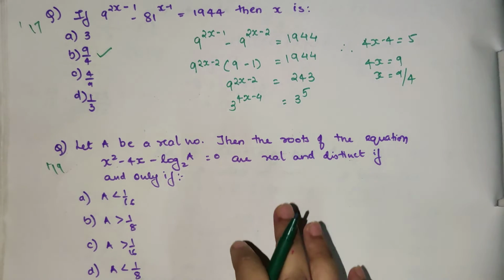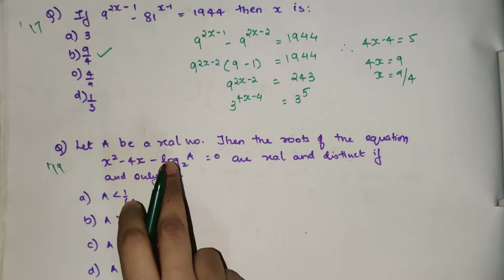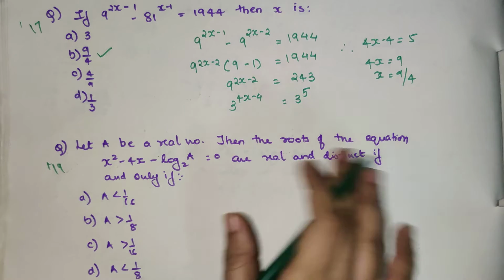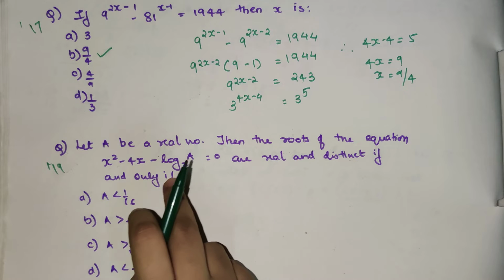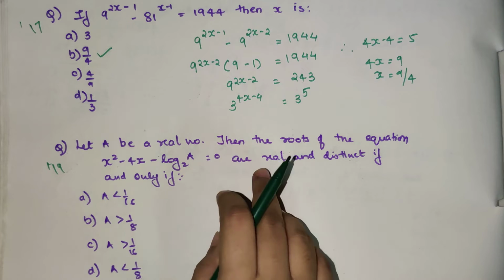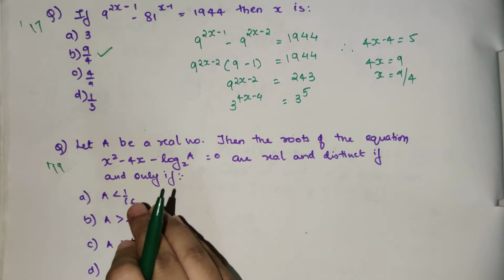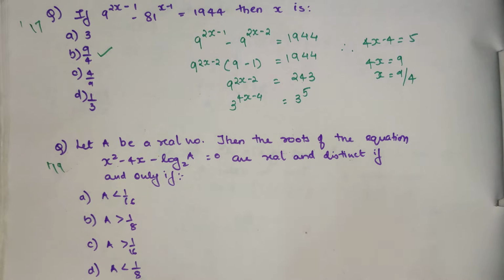Okay, so the next question is: let a be a real number, then the roots of the given equation, x square minus 4x minus log of a to the base 2 is equal to 0, are real and distinct if and only if. Please understand students, when it comes to roots of a quadratic equation, a very important part is played by